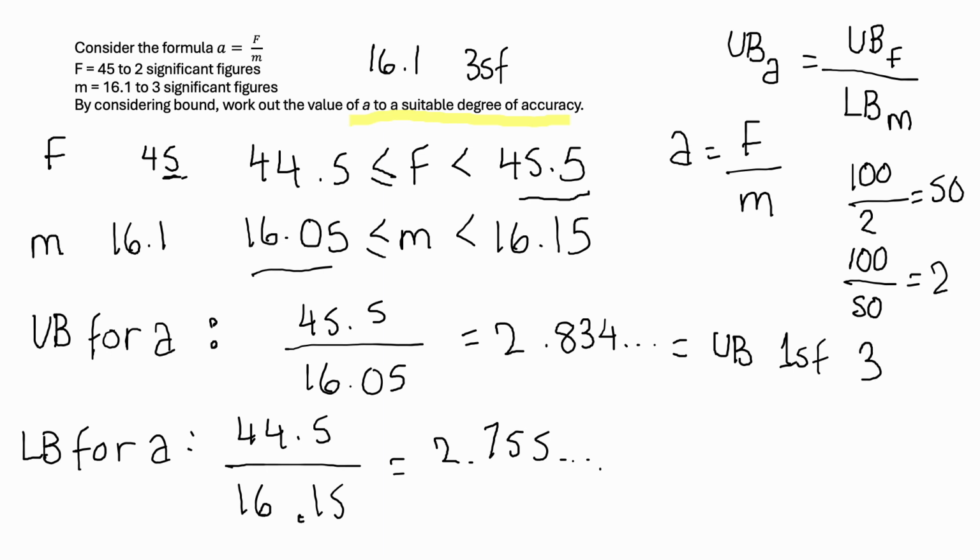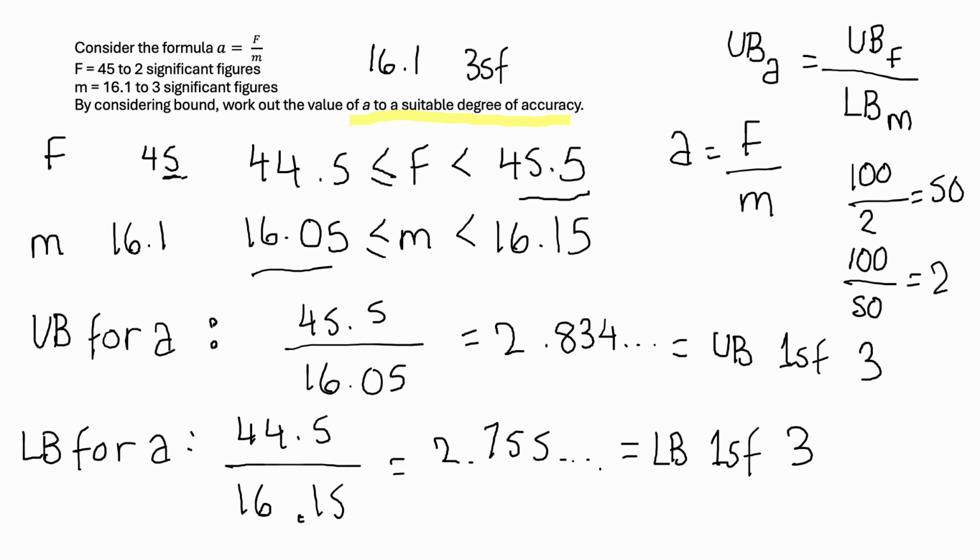Let's look at the lower bound. Lower bound for A to 1 significant figure, we also get an answer of 3. Okay, can we try to make it more accurate by maybe doing 2 significant figures? So if we look at